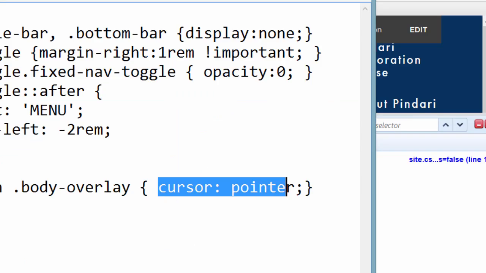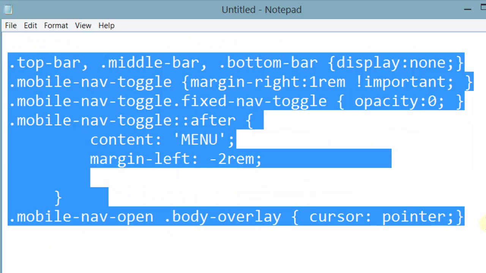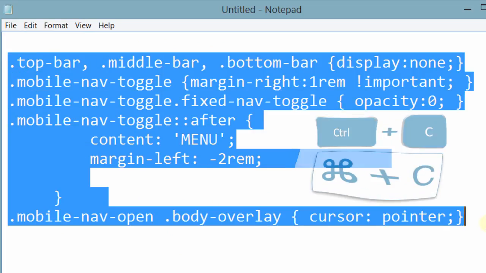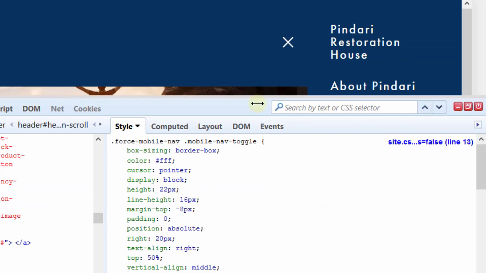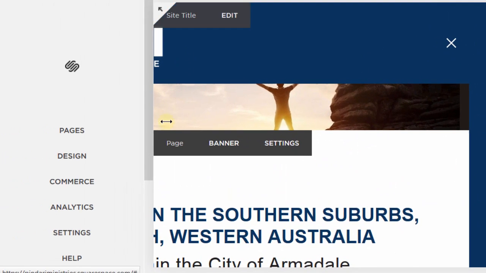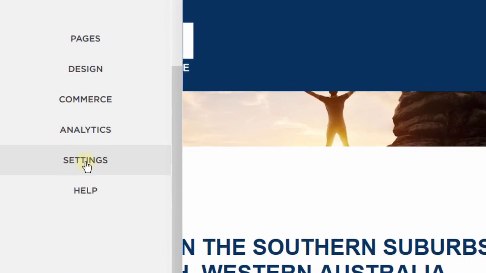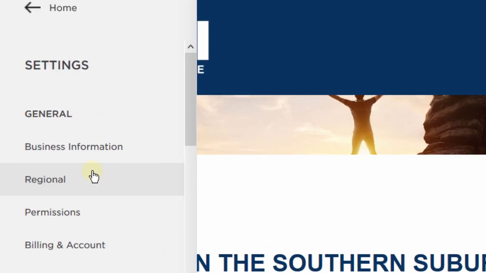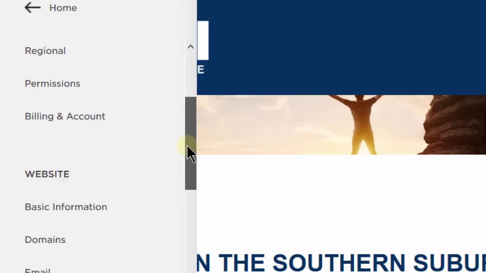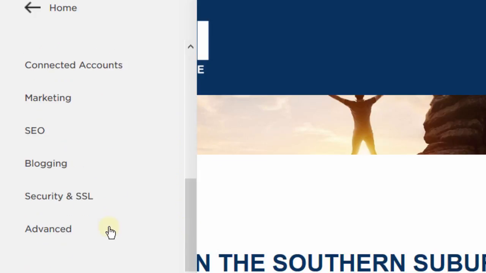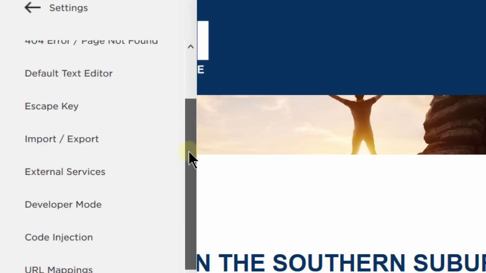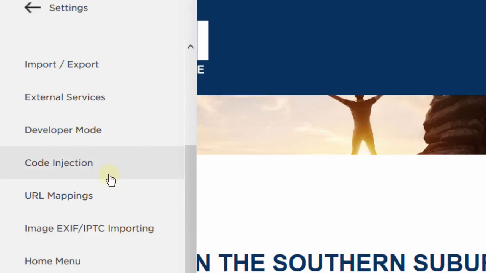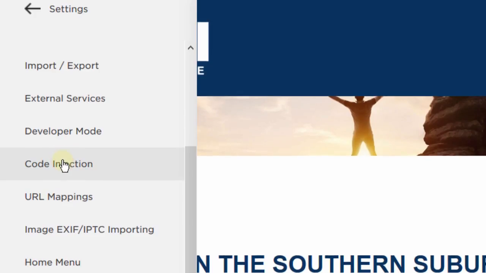So what I need to do is take this code into Squarespace. I will copy that into the Squarespace area where I can add the code. If I come here, let me close this, and then I go into settings, and then under settings, let me go to advanced, because we want to add this as a code injection. If we add it as a code injection, it means that it will be loaded for every single page on the website. So if I come here and go into code injection,